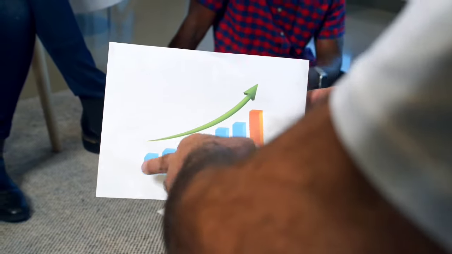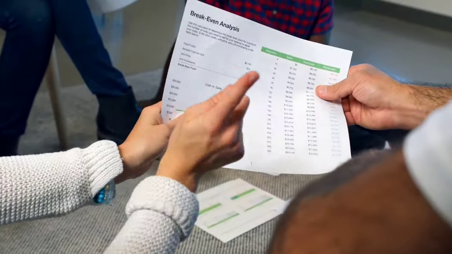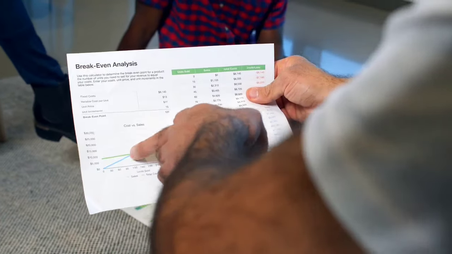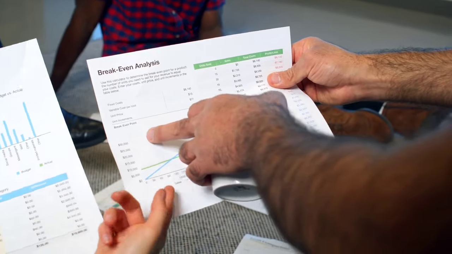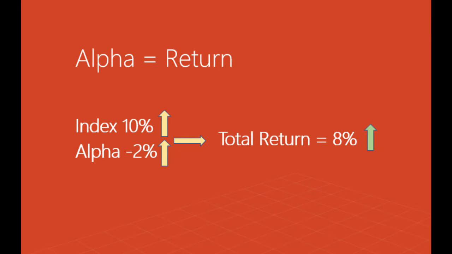Alpha measures the return part of a stock, which basically means how much return one can get compared to the benchmark or the market. This can be both a positive or a negative number. So now you will ask, how to read this. Let's say an index gives you a return of 10% and the stock has an alpha of positive 5%, then the stock will move up and give you a return of 15%. Now had this alpha been minus 2%, then the stock would give you a return of only 8%, because its alpha is negative.